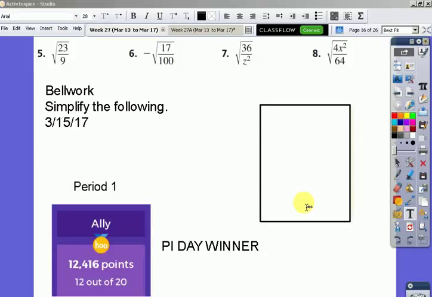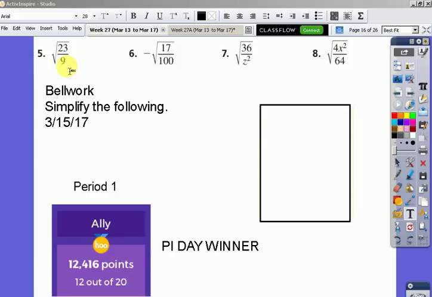Alright, so we are continuing our lesson from yesterday. We're looking at radicals, simplifying radicals, and in this case we're simplifying radicals with fractions. Remember, we don't like fractions as our radicands, so we have to split up our numerator and denominator into two